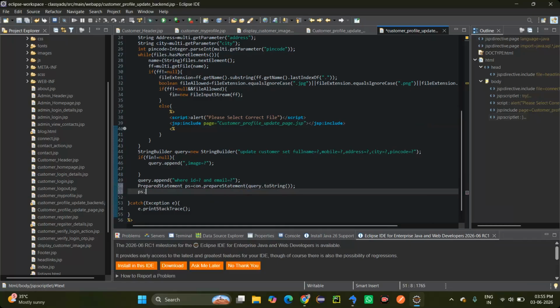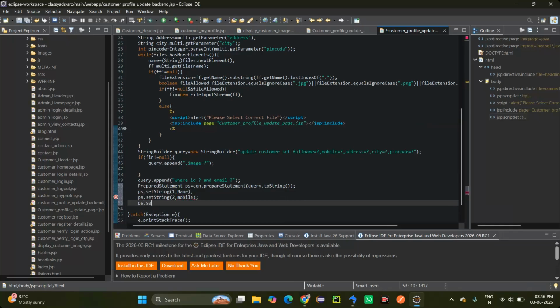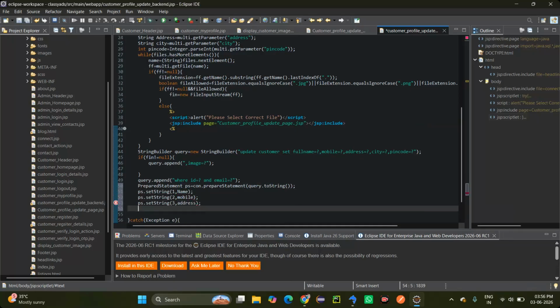we can set the values. ps.setString 1 comma name, then ps.setString 2 comma mobile, then ps.setString 3 comma address, then ps.setString 4 comma city, then after ps.setInt 5 comma pin code,